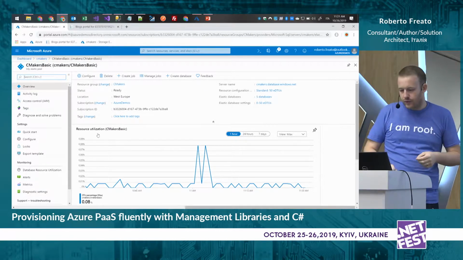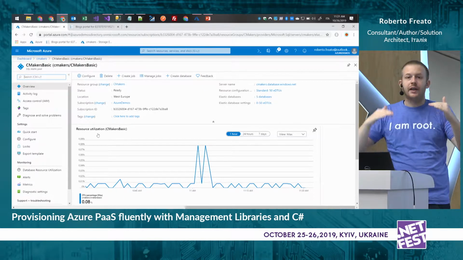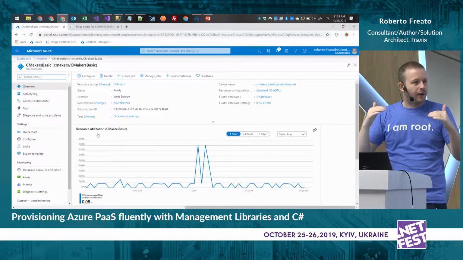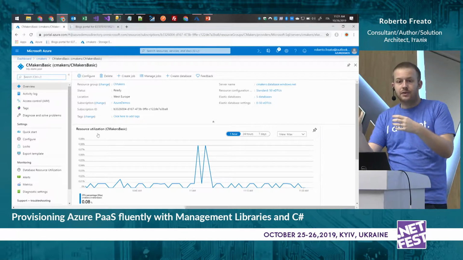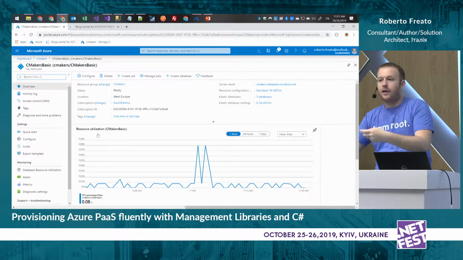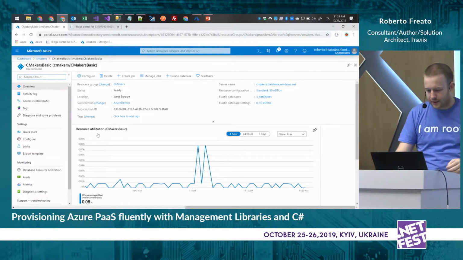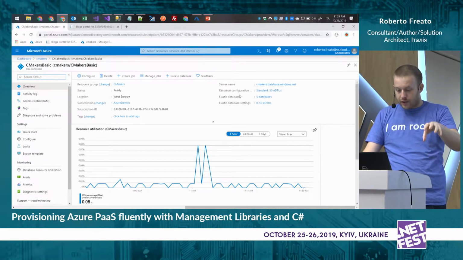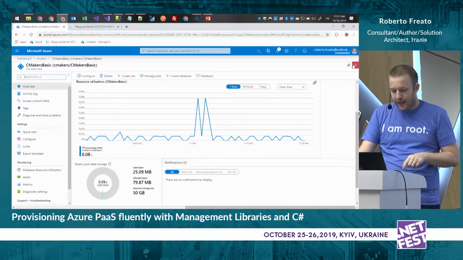Okay? And it saves money, of course, if the consumption is not really high. If one database grows up, you can also move that database out of the pool and have a pricing dedicated for the database. So in this case, I want to create a new database inside this pool. Then